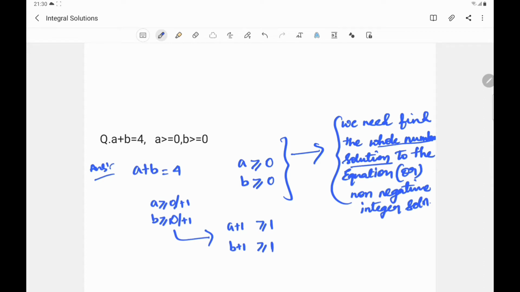Now, instead of writing a here, you can also do it in this way. We are adding 1 to this side, so we'll substitute a plus 1 with some x, and we'll substitute b plus 1 with some y. We'll take x greater than or equal to 1 and y greater than or equal to 1. What have we done here is,